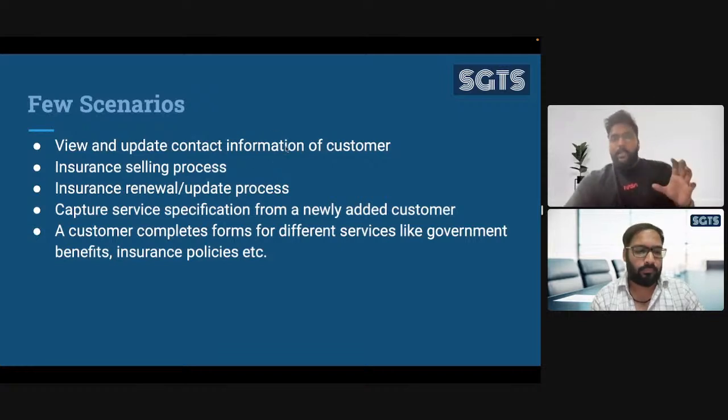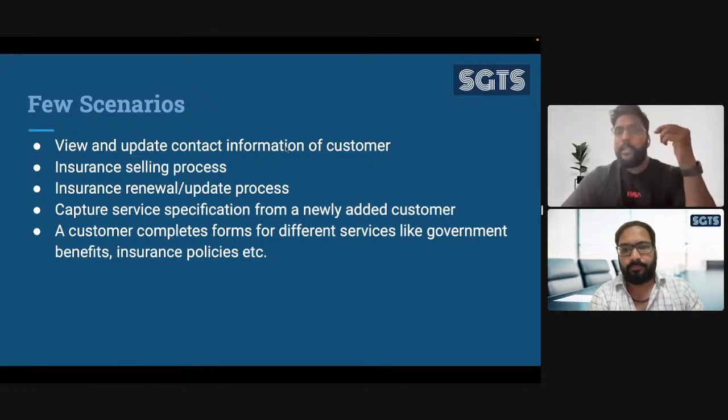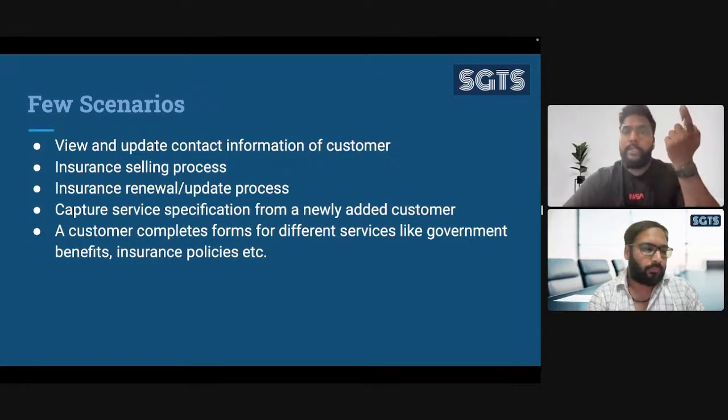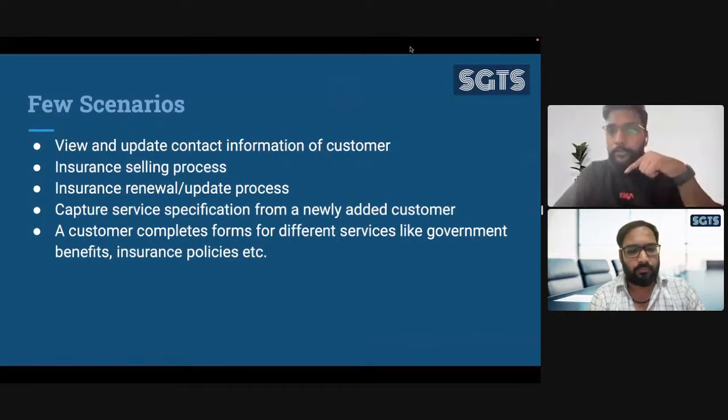Now, if you see in the first screen, what we are doing is we are getting the account number, phone number or the email ID. In the second step, we are showing all the data related to that contact. And in the third step, if the customer wants to update his or her information, then we are doing it in the third step. So this sort of business process or step-by-step process can be configured with OmniStudio. And now if I go,